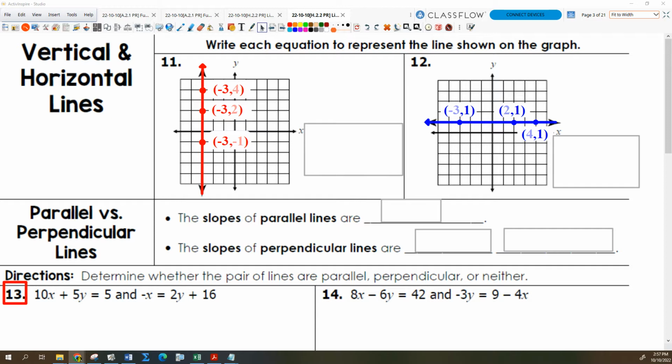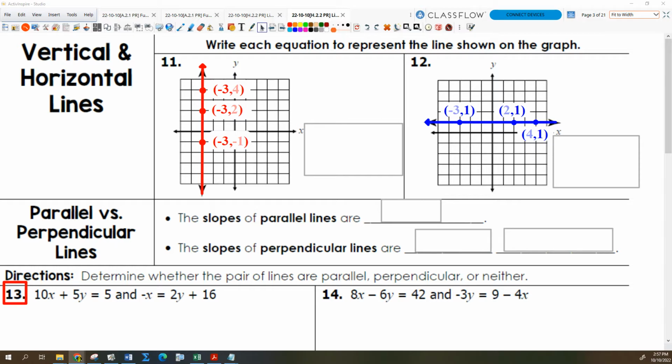So horizontal and vertical lines. We're going to talk about horizontal and vertical lines. Look at that red line that's graphed there. Can anybody tell me what the equation of that line is? It's vertical. The slope is undefined. You're right, but what's the equation of the line? Say it again. X equals -3. Yeah. How come? Look at